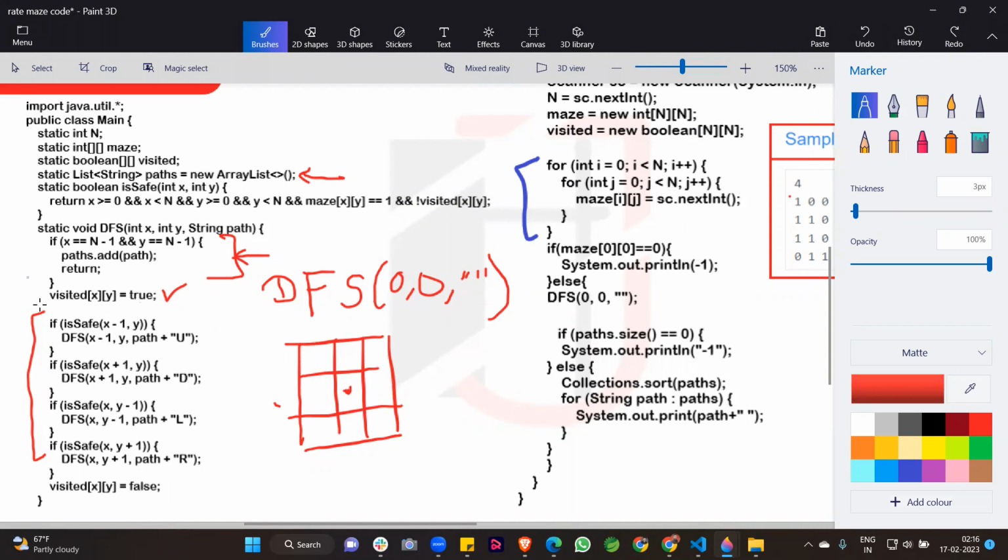So guys, this is our base condition. When we come to this position, if we see if safe x minus 1 comma y, I am calling the is safe function with x minus 1. What is the meaning of x minus 1? At the first position, our x value is 0, and our y value is also 0, you know very well, because we are at the first position.